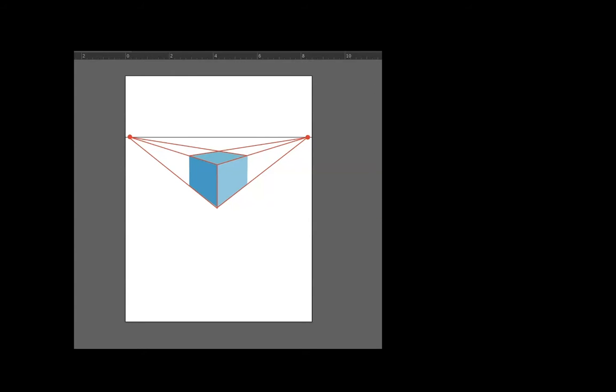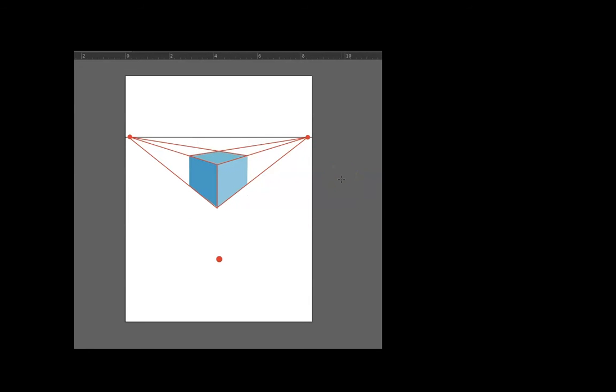Now, for two-point perspective, any of your sides, the lines on the sides from the left to the right, will be completely vertical and they will go straight up and down. For three-point perspective, we of course add a third vanishing point. In this example, the vanishing point is below the horizon line, which means the box will be from a bird's eye view. So our red lines are going to stay the same,